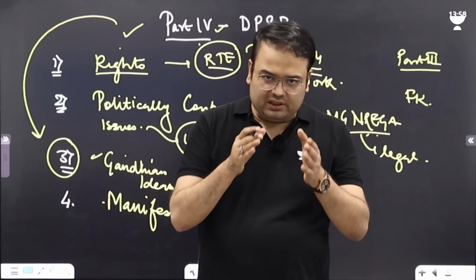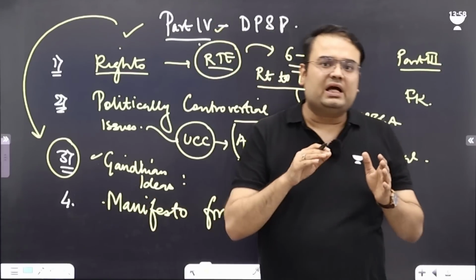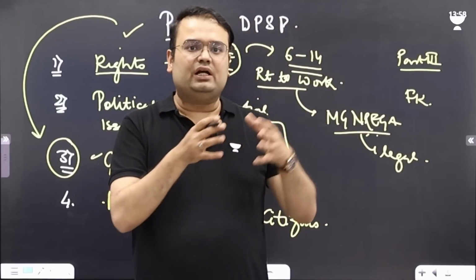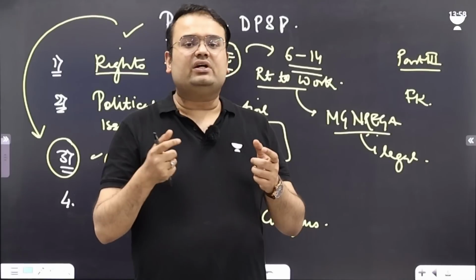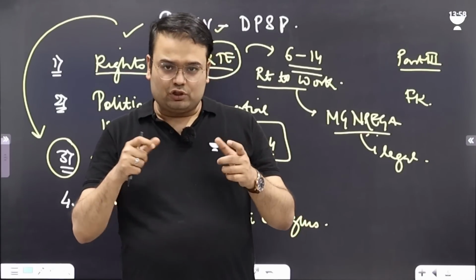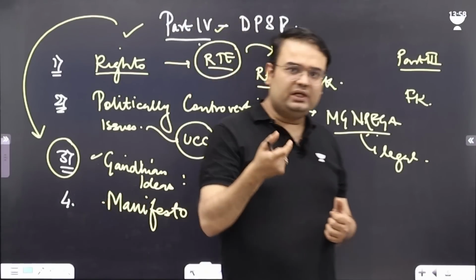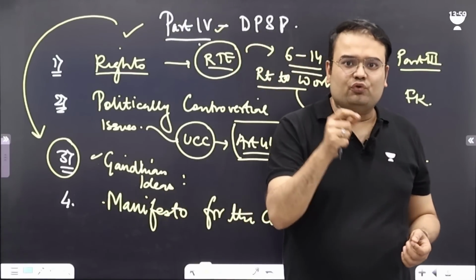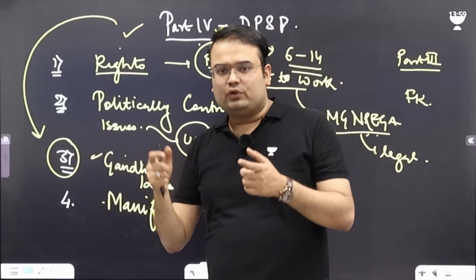For a country where the literacy rate was less than 20%, for a country where democracy has never been there because we essentially were always under a monarchical kind of setup before the Britishers. In such a country, suddenly we are going to bring about a constitution that talks about democracy, that talks about equality, and above everything else, it actually gives a right to vote to every citizen of India. We essentially want to give what? We want to give